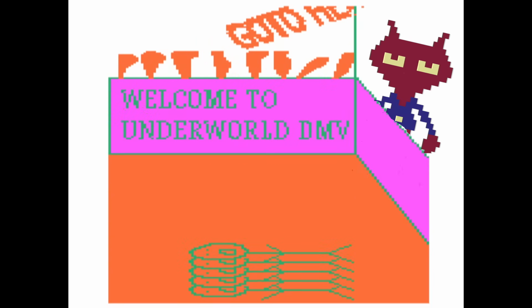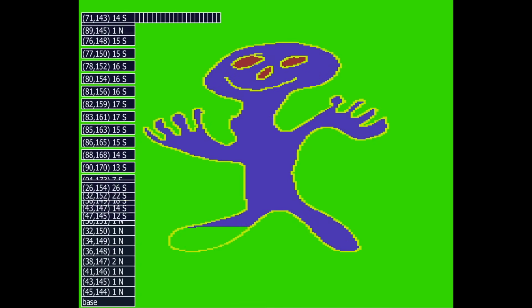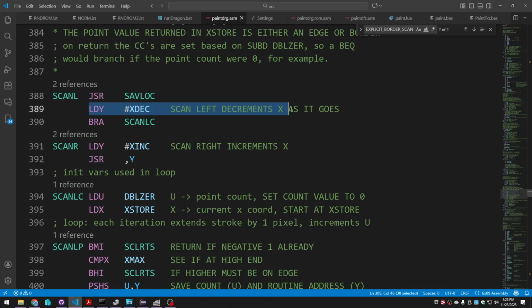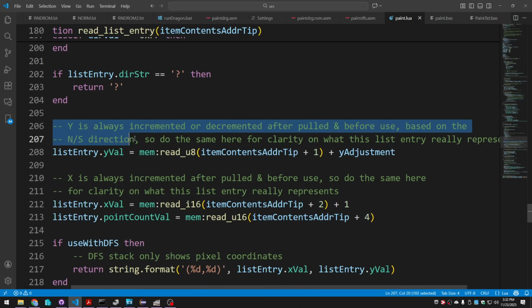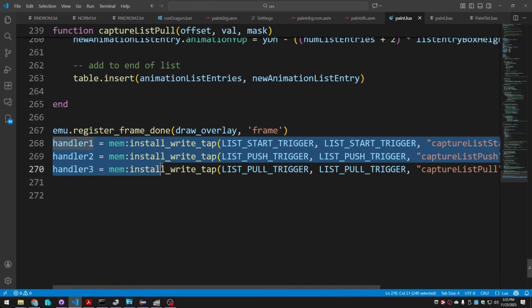Like, was there any advantage to using a stack, which reverses the order of how we proceed through the shape, as opposed to just using a regular list, first come, first served style? Or maybe you're curious what kinds of nifty assembly language programming tricks I discovered while analyzing the paint code. Or maybe you'd like me to come clean about all the things that I simplified for the purposes of this video so you can see what's really going on. Or maybe you'd like to see how I instrumented the code and scripted the emulator to animate the stack. Look for an upcoming video where I do a deeper dive into all the technical details of the paint implementation.